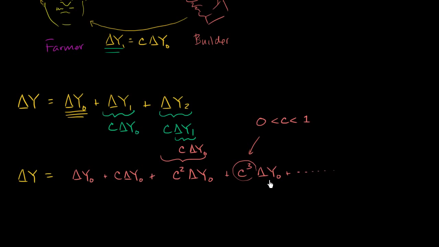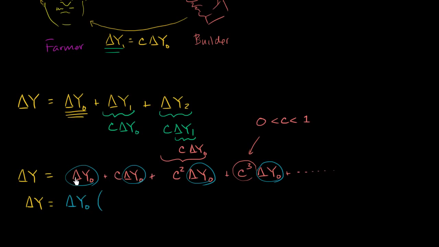And if we factor that initial spark out, we have the delta Y naught. Actually, let me do that in a different color just so that the math becomes clear. We have the delta Y naught, delta Y naught, delta Y naught, delta Y naught. When I say naught, I'm talking about that 0 subscript. If we factor that out, we get our total bump in GDP. Our total bump in, whether you want to view it as output, expenditure, or income, is equal to, we're going to factor out the delta Y naught times, and then we're just left with